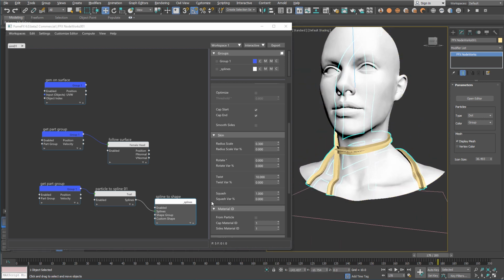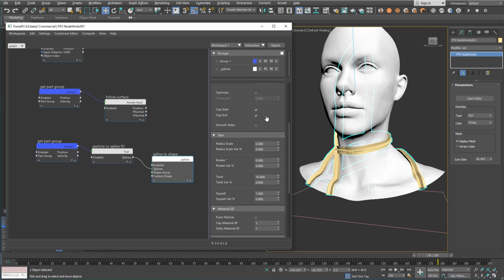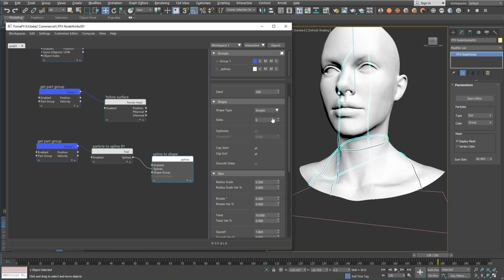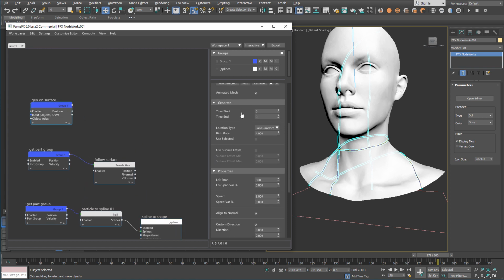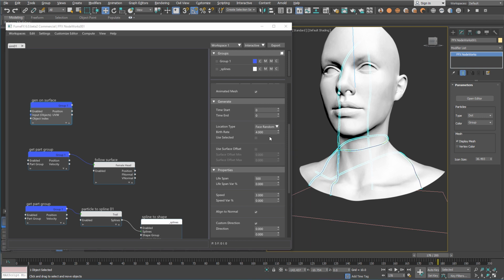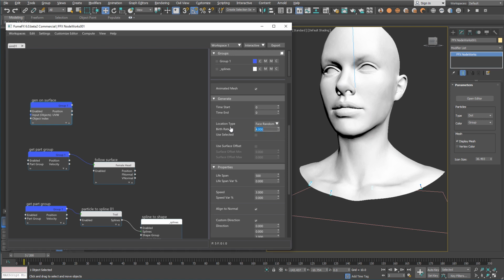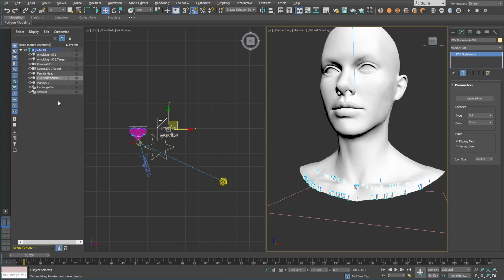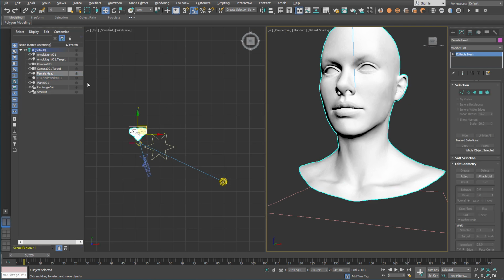Yeah. So, for example, what will turn this back to the simple? And now, for example, what if you want to have different radius of the spline on user controlled places? Well, that can be achieved quite easily. So we're going to disable nodeworks for a moment, go to this female head,